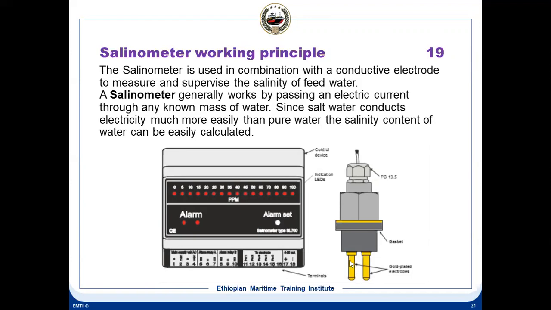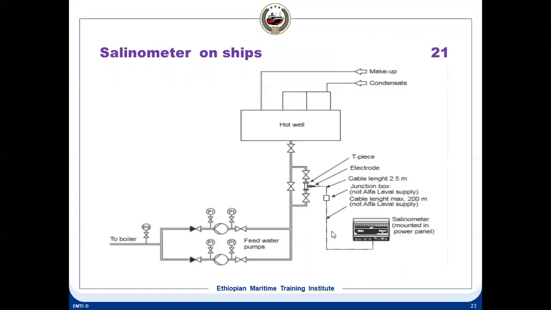So this is an electrode and this is a salinometer. You can set the alarm on this salinometer; the alarm setting is possible here. Okay, so generally the problem is that it gives a false alarm. Suppose it's showing the boiler salinity is very high. One option is to check locally the salinity of the water using your chemical tests. If it is high, of course it is high, but if it is false, then probably you can remove the sensor from here and clean it. Clean the electrodes and put it back.